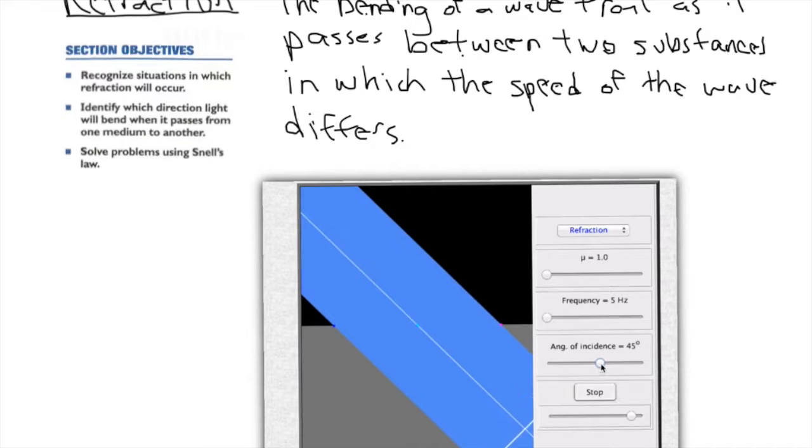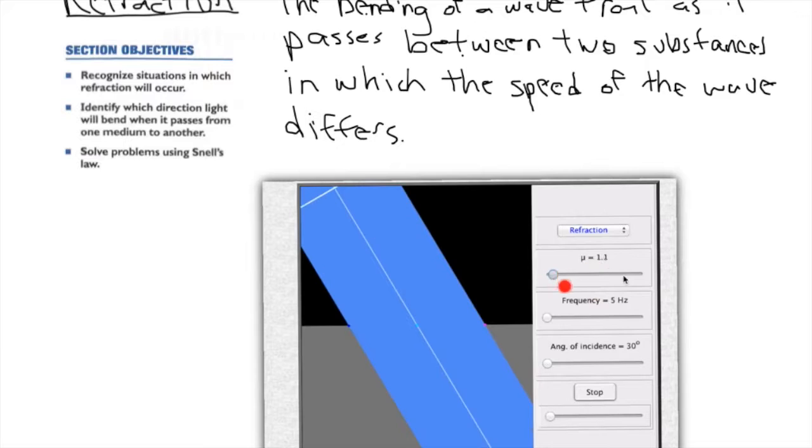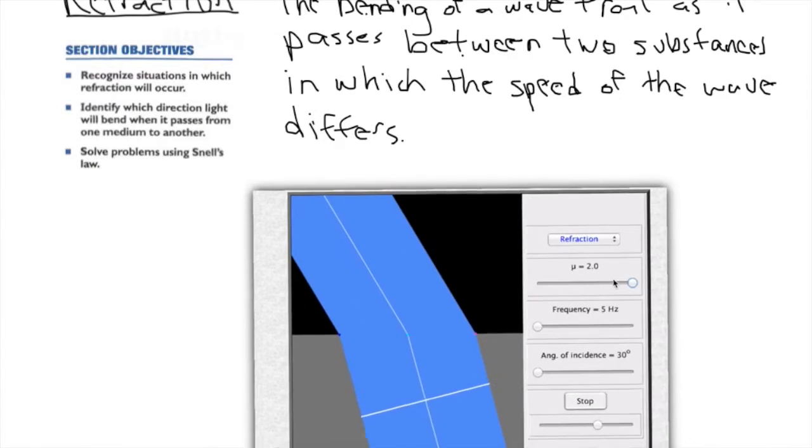What happens if I change the properties so that in this second medium, light moves slower? Well, what we'll see is since light moves slower in this medium, when light travels from this medium to this medium, the light bends. And the reason is, and you can see it here as this animation plays, check out what's happening. Here comes our wave of light. You'll see this part of the wave gets to the medium first. And because it gets to the medium first where it slows down,